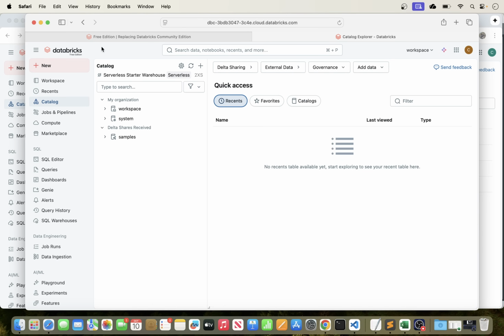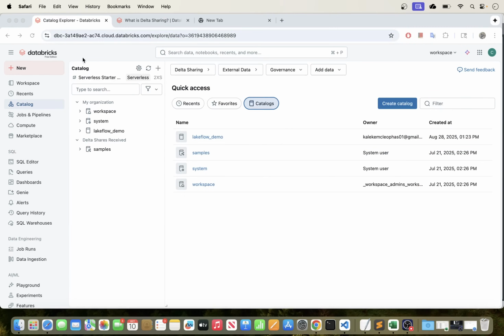Free edition basically is like, if you have previously used the community edition version of Databricks, free edition is a more recent version, and it pretty much mimics the real production latest version of Databricks. But this one is free. You don't have to pay for anything. You can use it, you can play around with it. It has some limitations, but if you just want to get the feel of how the Databricks UI looks like, this is pretty nice. It's really good. Okay, so let's go back to the provider